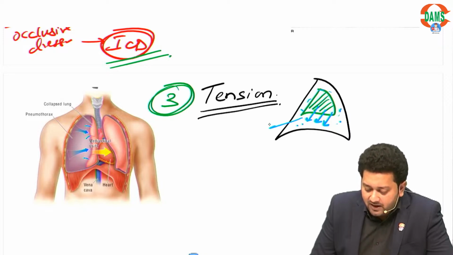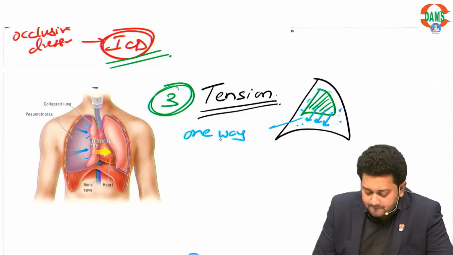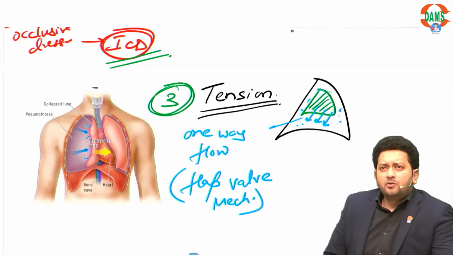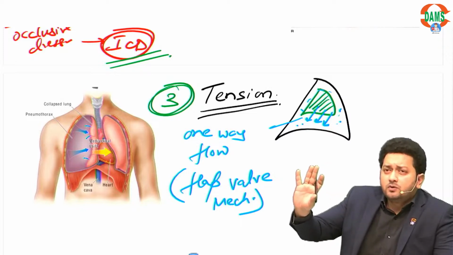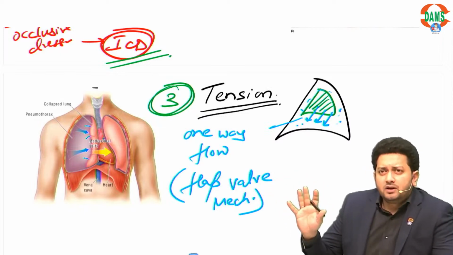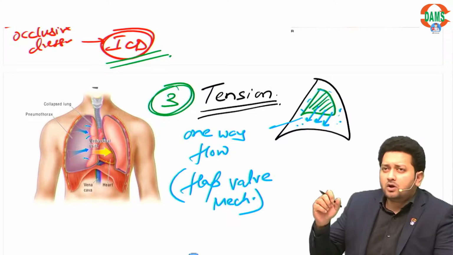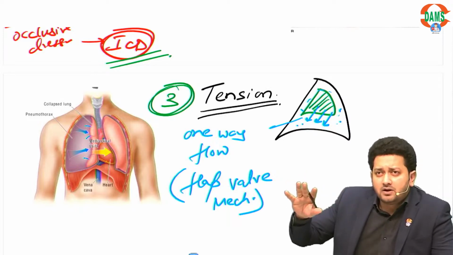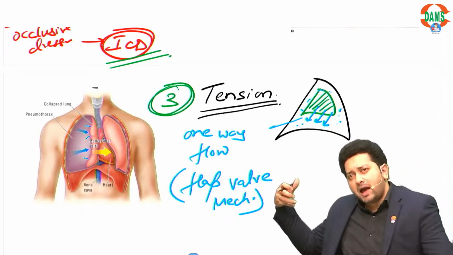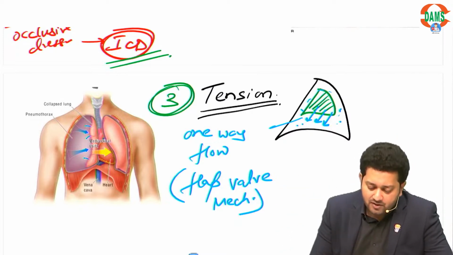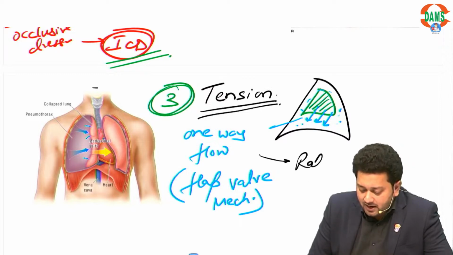There is one-way flow of air. Okay, this is known as flap valve mechanism. Flap valve mechanism, like there are few doors which open in both directions. Either you pull it or you push it, it will open. But these days, most of the doors open in one direction. Either you pull or you push. So in this case, the injury has occurred in such a manner that it is opening towards the pleural cavity only. If the air will try to go back towards the lung, the gate will close. So that's why there is one-way flow of air into the pleural cavity, and because of this, there is rapid